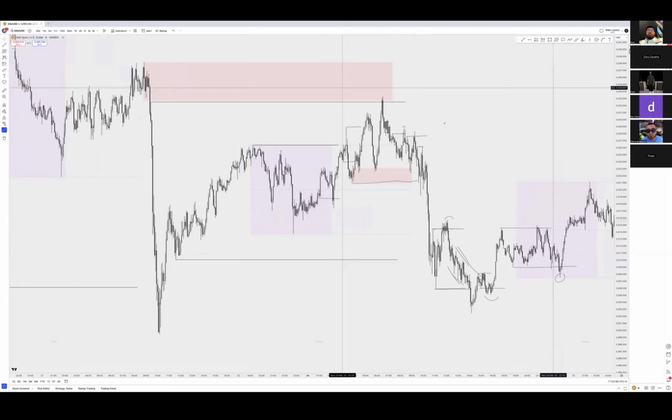Exactly like that. So basically, obviously, you can see this happens right here. That gets taken out. Market comes lower, takes this out. However, this is with structure, right? So now this is just structural liquidity. You get what I mean? So essentially, this is where my eyes would be because it's structural liquidity.